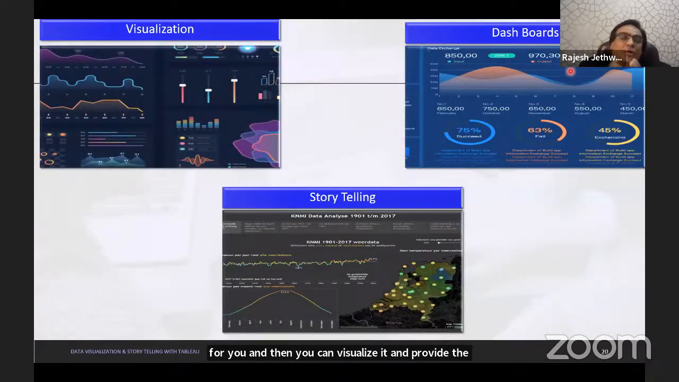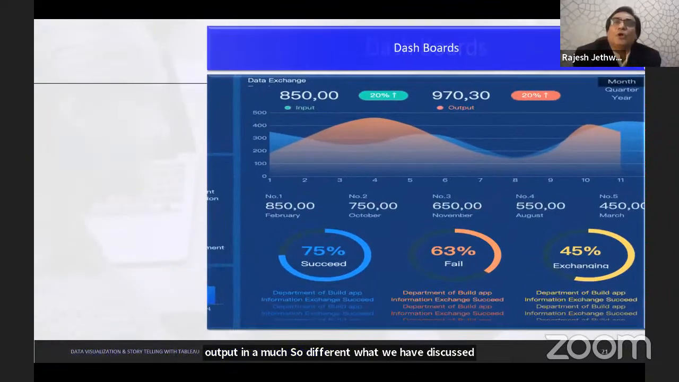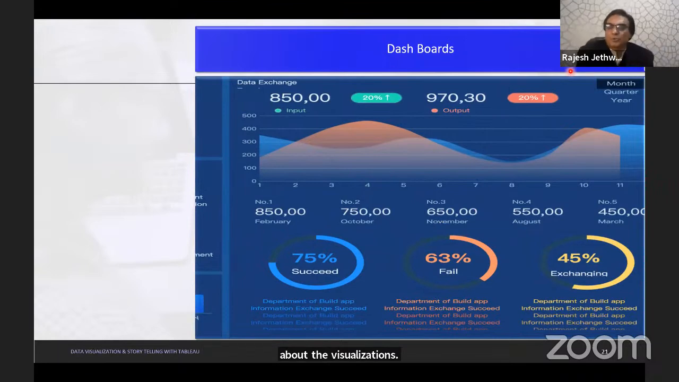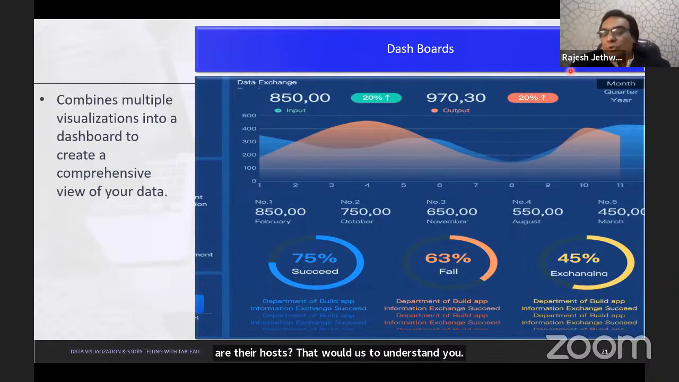So this is what we have discussed about visualizations. Now, what are dashboards? You must be thinking visualization and dashboard are one and the same thing. But what we have talked about so far is a single graph, which is one visualization. When we further extend its definition, then it becomes a dashboard. Dashboards are nothing but multiple visualizations combined into a single frame,